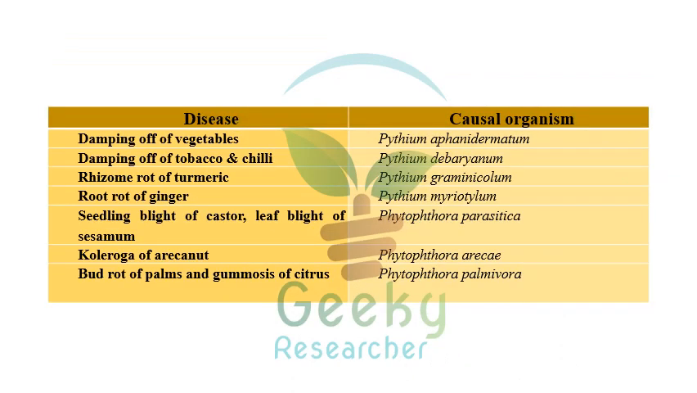So we will see what the different kinds of diseases caused by Pythium are. Damping off of vegetables is caused by Pythium aphanidermatum, damping off of tobacco and chili by Pythium debaryanum, rhizome rot of turmeric by Pythium graminicolum, and rhizome rot of ginger by Pythium myriotylum. And seedling blight of castor, leaf blight of sesame, very important one, seedling blight of castor or castor seedling blight is caused